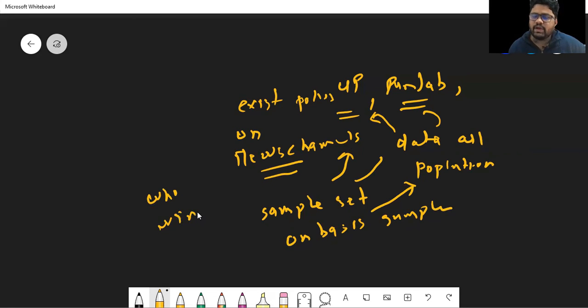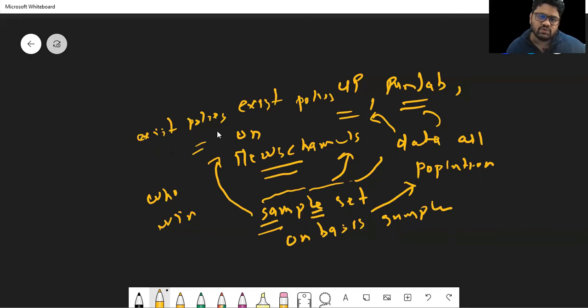Okay, and you have seen that most of the time these exit polls are correct. Because if they have taken the sample size correctly, they are most likely to converge to the actual result. So that is the power of statistics. The sample should be selected randomly. That is the very basic thing. If you do not select this sample set very carefully, then your prediction will not converge to your actual results. So that is the thing.